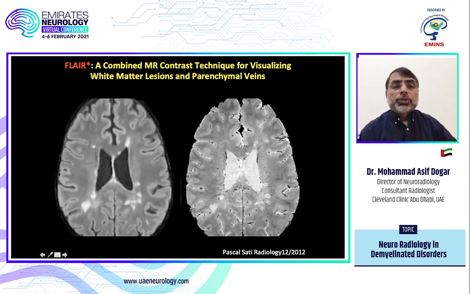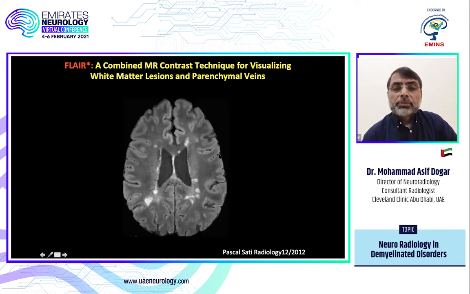So they have come up with this imaging technique, like a FLAIR star. You get a normal FLAIR, you get a gradient echo image, you multiply this image, and you get this FLAIR star image. So what is specific here, almost each of these lesions, you can see this central vein. So this is more specific for MS.